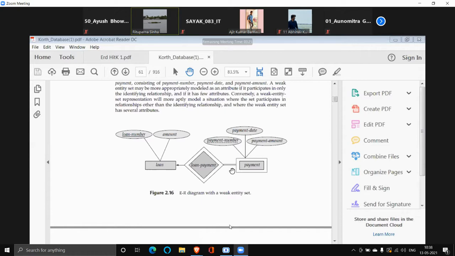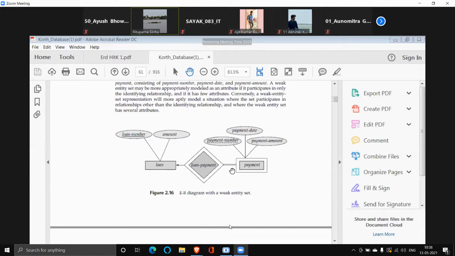Whenever I use a weak entity set on one side of the relationship, I should use a double association. Okay, this is a pictorial representation in order to say that there is a weak entity set associated on one side.